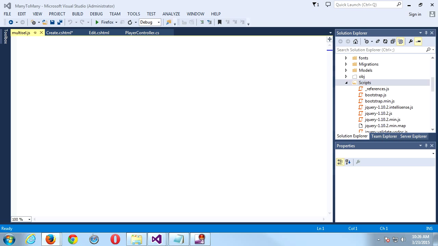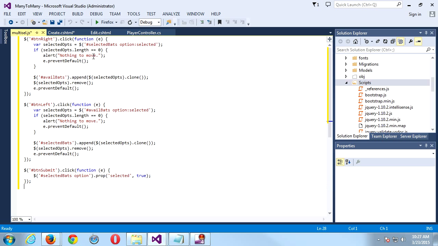So where am I going to get the code? Well, fortunately, I Googled it. Well, actually, I Bing searched it. You know me. And I got some code here off the internet for the first part of it. You could normally put this in a document ready type thing, but basically I just have a function here for my button right. So I just made sure I named the buttons button right and left for moving them to the right or to the left. Okay. So it just pulls all the